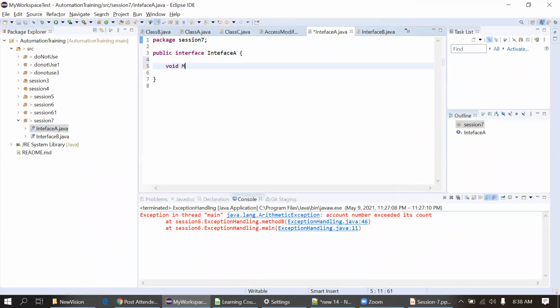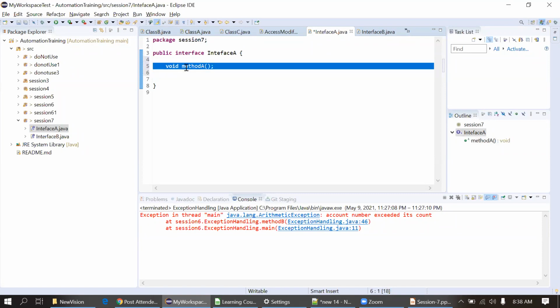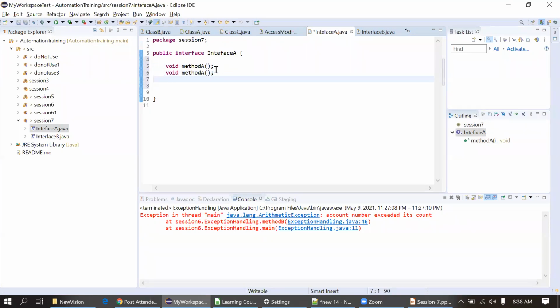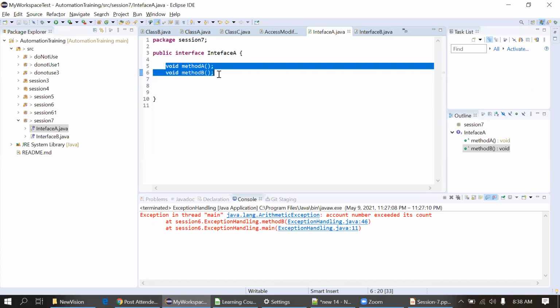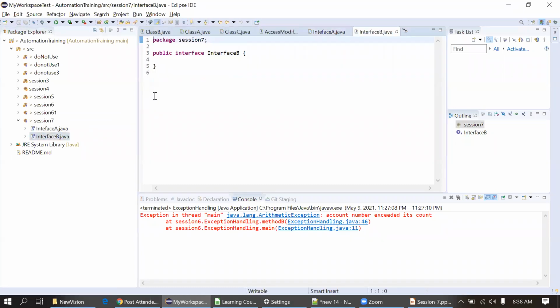Void method A, void method B. Only two methods I will keep here. And I'm creating two methods in the interface B. Method C and method D.